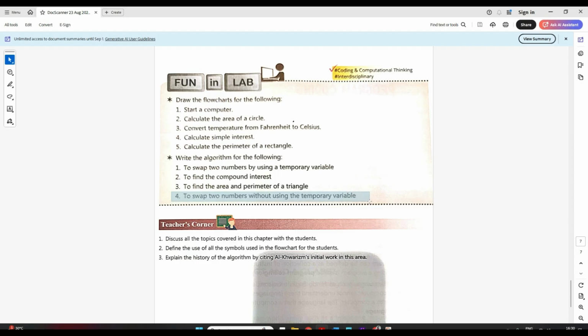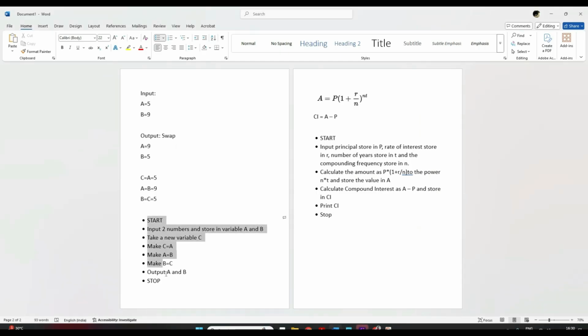Now this fourth one I'll explain right now. See, the same thing we did with the temporary variable, right? Swapping of two numbers. Now in the fourth one we will swap two numbers without using a temporary variable. When we were swapping using a temporary variable, which was my c, but now I have to swap without using one. So how can we do it? Let's try to understand. This is simple, you just need to know the logic. Suppose again I take the same example, a is 5, b is 9.